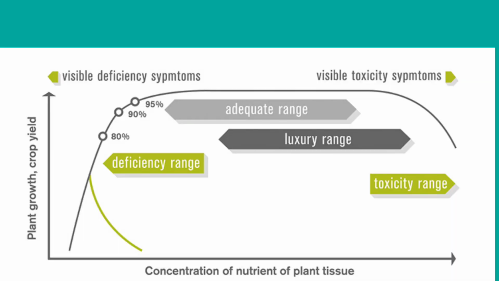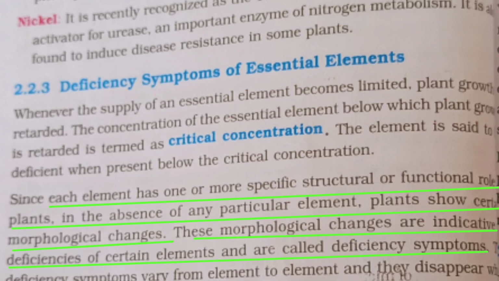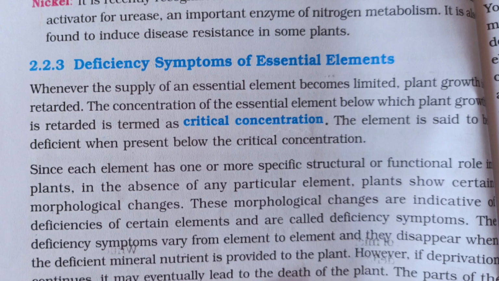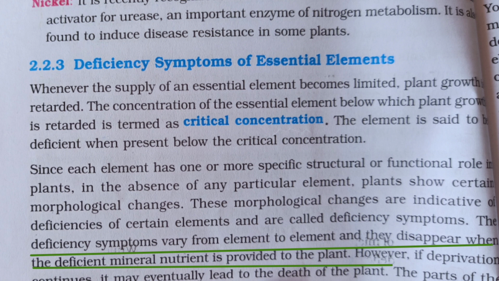Each element has one or more specific structural or functional roles in plants. In the absence of any particular element, plants show certain morphological changes. These morphological changes are indicative of deficiency of a certain element and are called deficiency symptoms. Here we can discuss that deficiency symptoms vary from element to element and they disappear when the deficient mineral nutrient is